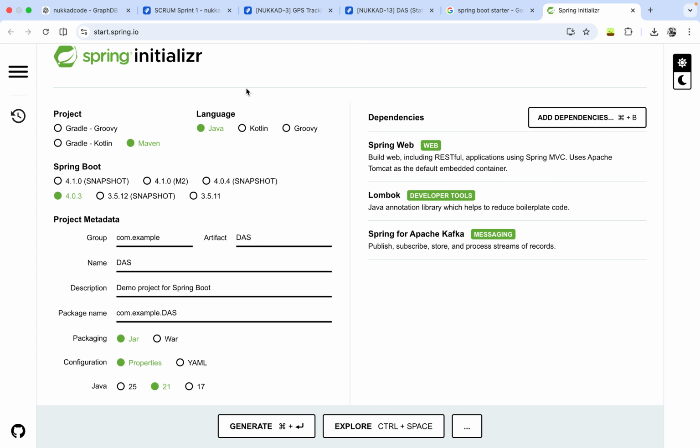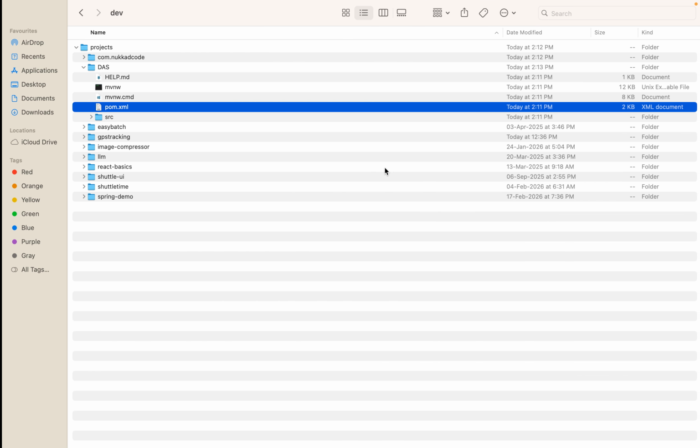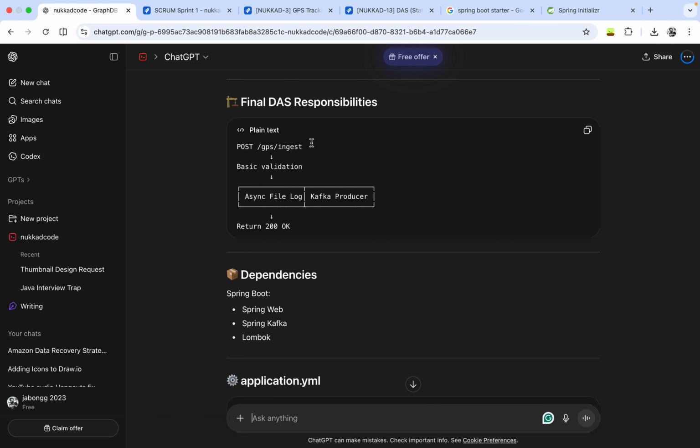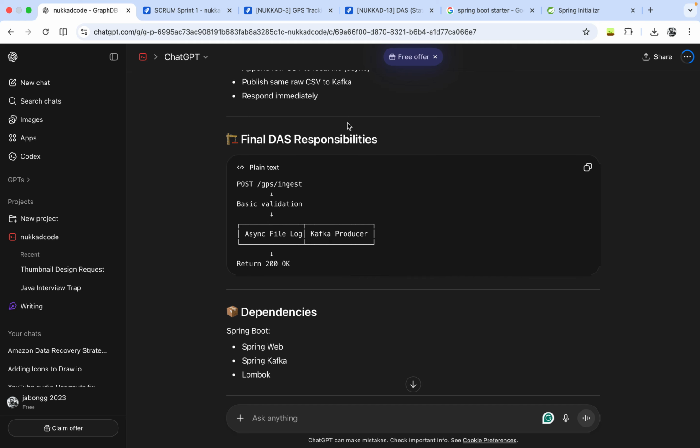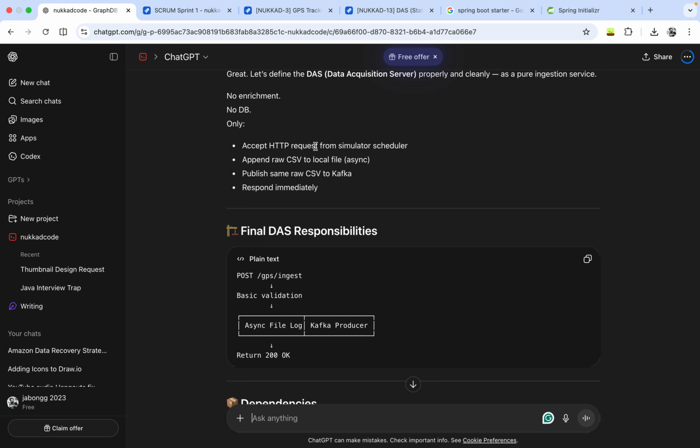While it is resolving dependencies, let's understand how the flow of the DS, that is the data acquisition server, would be. Let's see how this DS is supposed to work. Here you can see its responsibilities. It is going to accept only HTTP requests from the scheduler. If you remember that URL